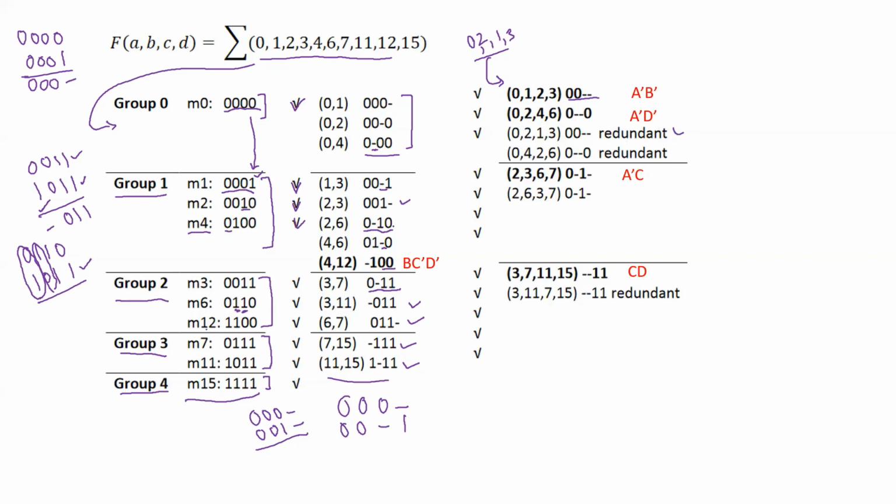Next is 0, 2 and 4, 6. Redundant terms are there: if they are in a different order, they will be redundant terms. So here 0, 2, 4, 6 and 0, 4, 2, 6 are one and the same. Why is it the same, some of you might ask. Suppose you are having this 0, 2, 4, 6, they are in the same order, so that's why we are keeping it the same.